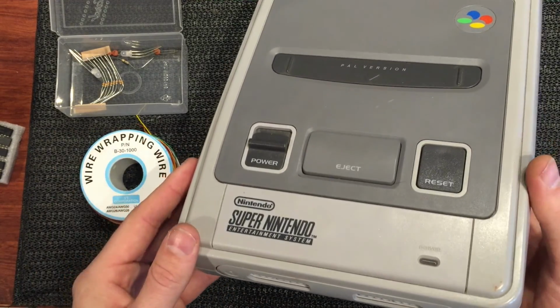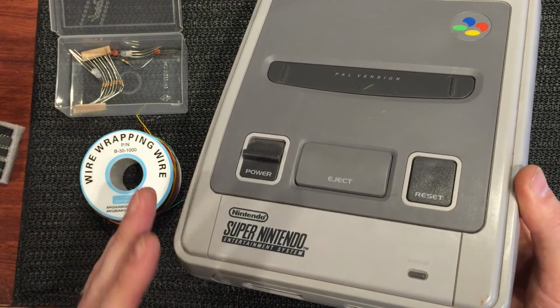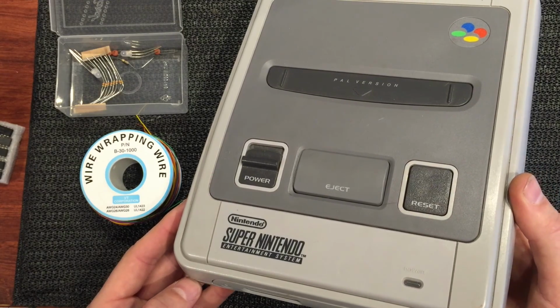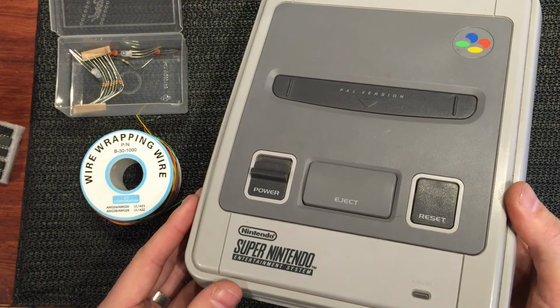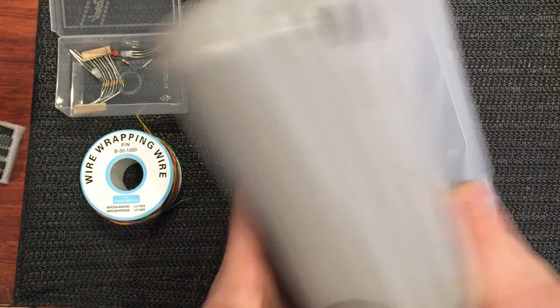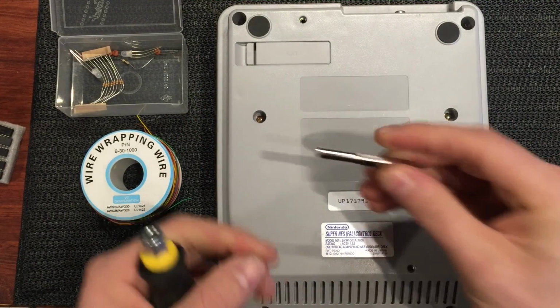So now we need to pull this thing apart. We'll see what we're looking at, what the revision of the board is. Hopefully it's a standard 2-chip model, not the rarer 1-chip, because this mod works best on the 2-chip, and all the guides out there, and the one I'm going to step you through today, are based on a 2-chip variety. So what you're going to need to do is flip it over and grab yourself a game bit tool,